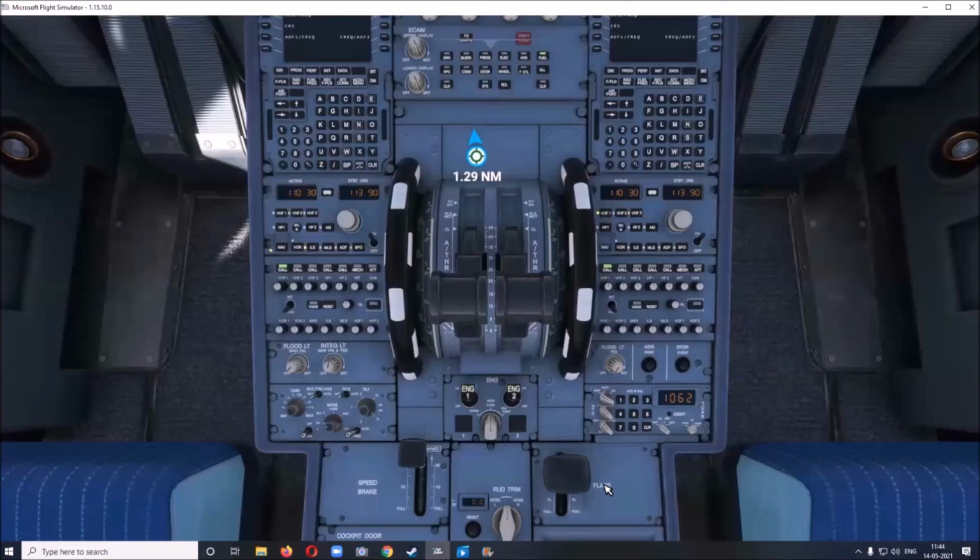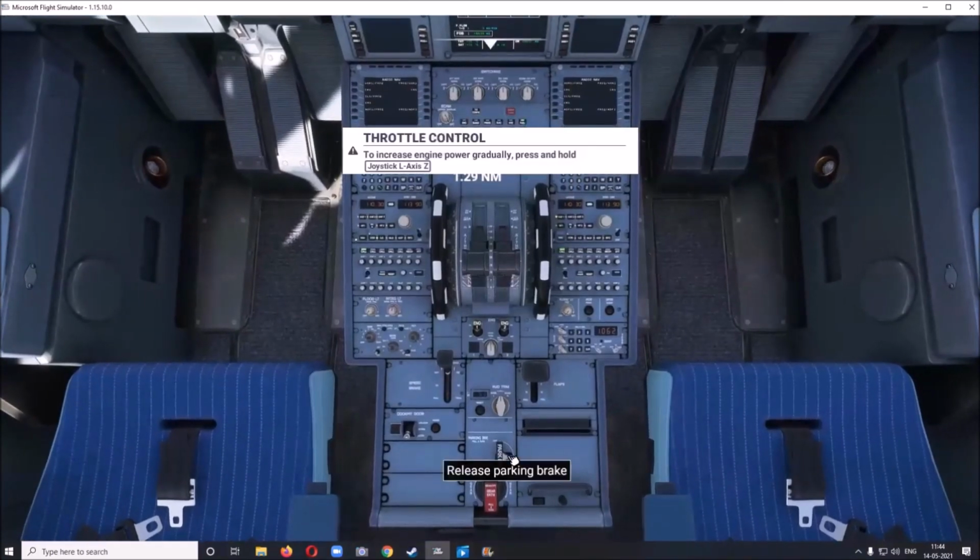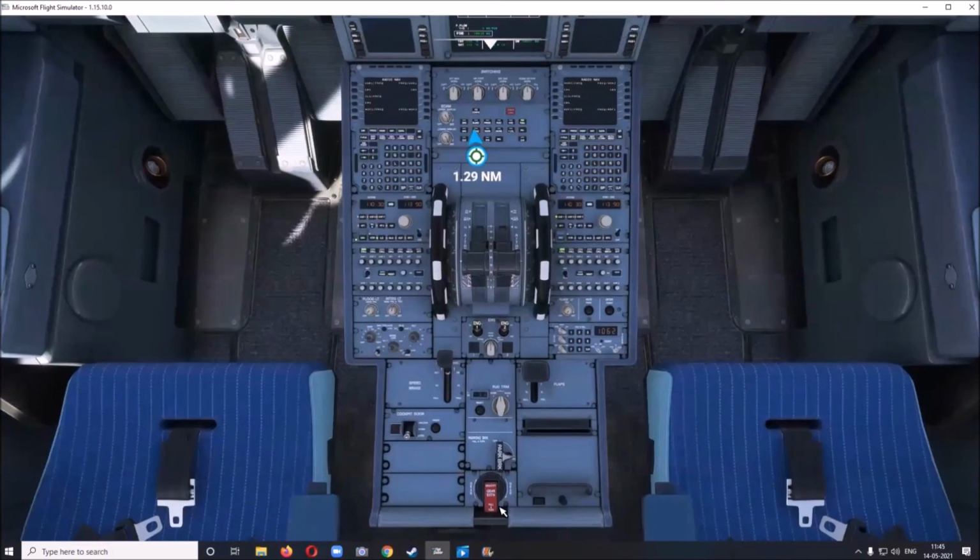It will be displayed on the display unit above. This is the spoiler or speed brake. This is the parking brake. When we are ready for takeoff, we'll release this. And this one is for the gravity lowering of the landing gear, just in case it doesn't automatically get deployed.